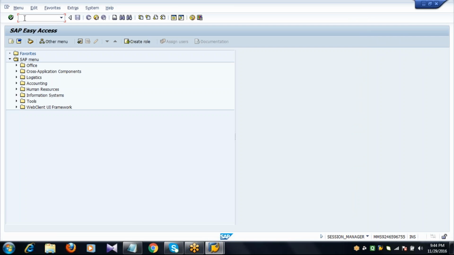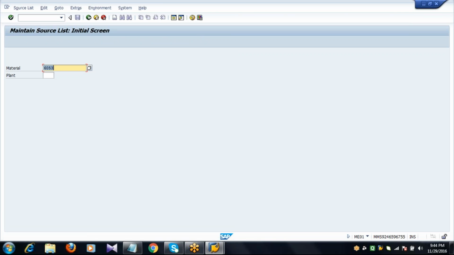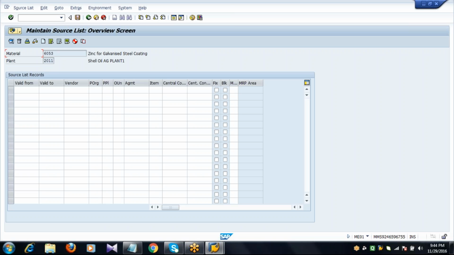Now we'll see. Enter the material and plant. Press enter.